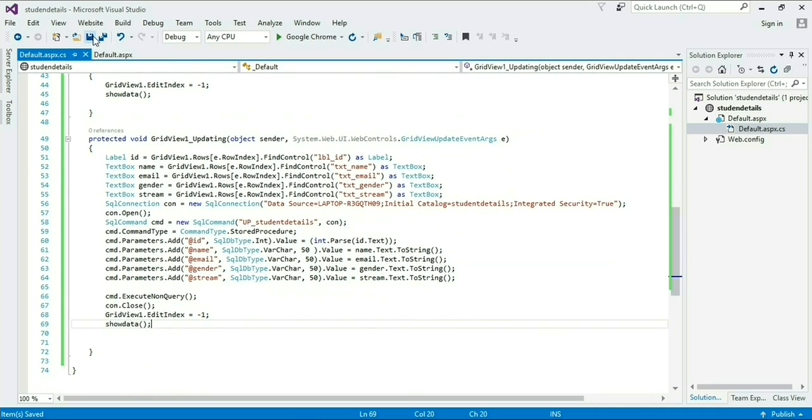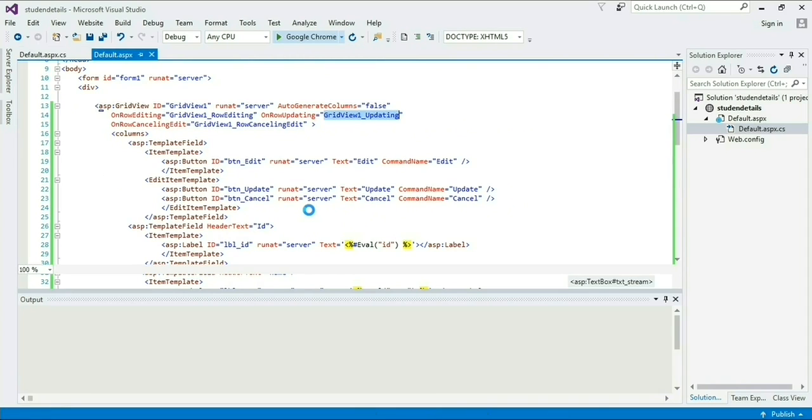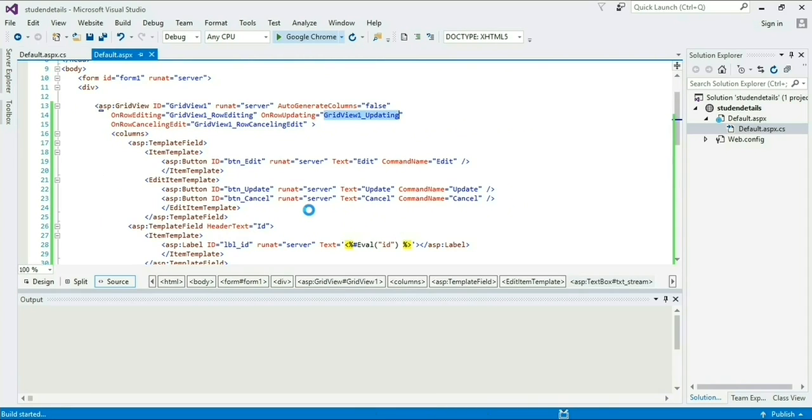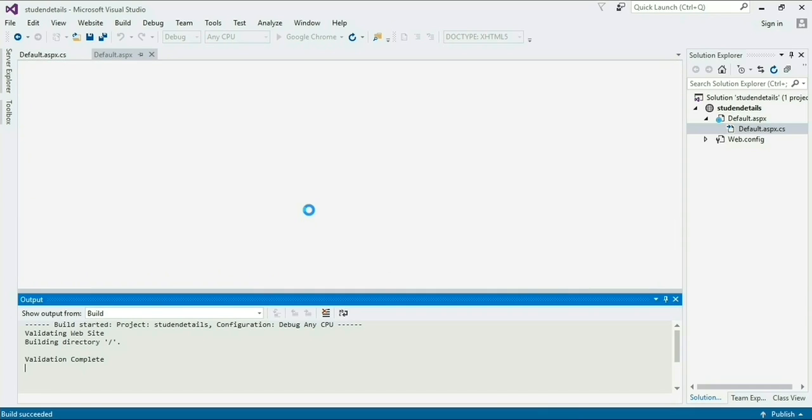Okay, let's save it and see if it works or not. Debug it. After debugging, you are redirected to Google Chrome or whatever browser is selected in Visual Studio.